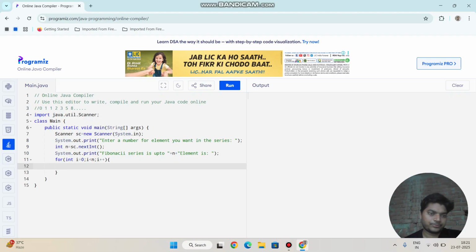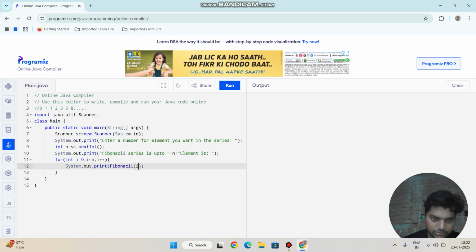I need to write System.out.print of Fibonacci. I'm calling the function Fibonacci here. I will make the function Fibonacci above the main function.